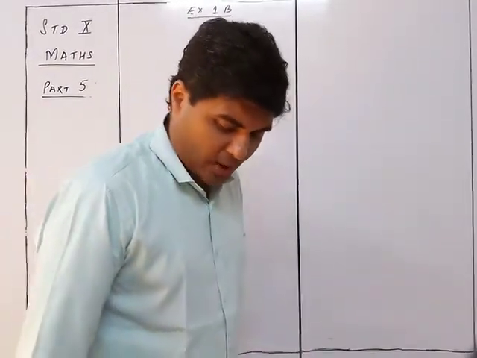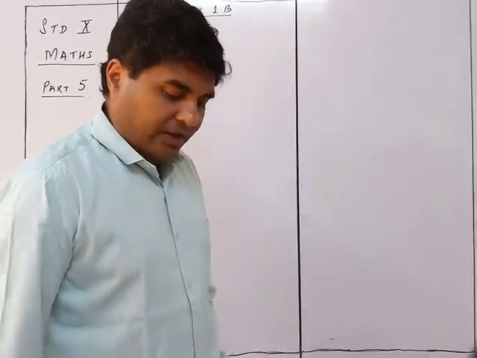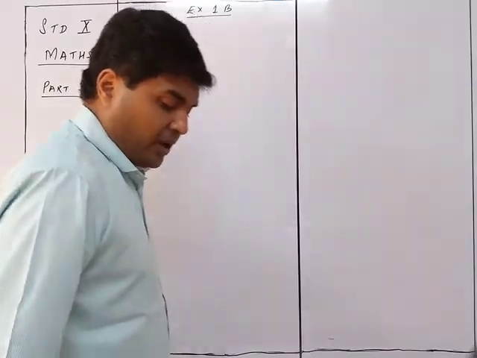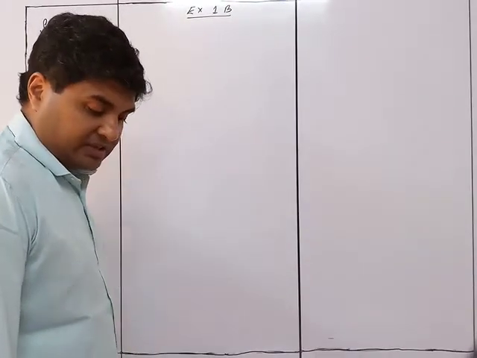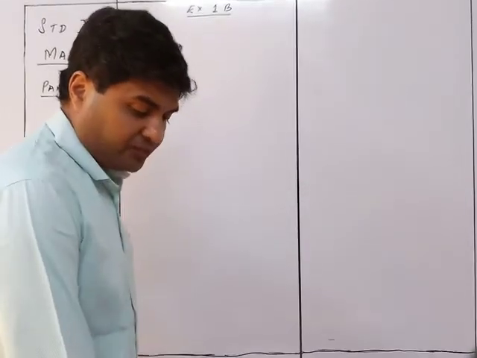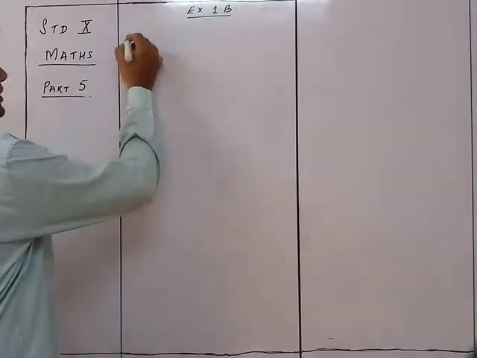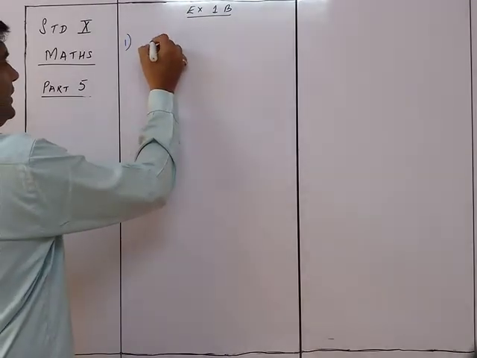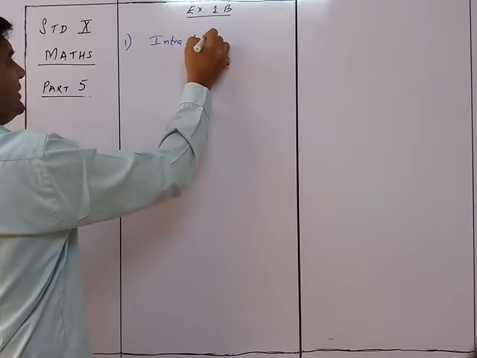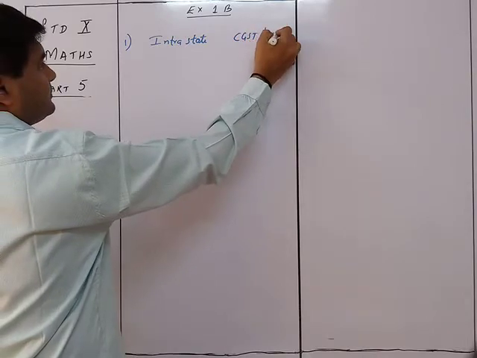We start with sum number 1. Fill in the blanks, but basically the whole thing needs to be sorted out. First, the goods or services are sold for rupees 15,000 under an intra-state transaction from station A to station B at GST 12%. So first thing, it is given that it is intra-state. That's why it will be CGST and SGST.